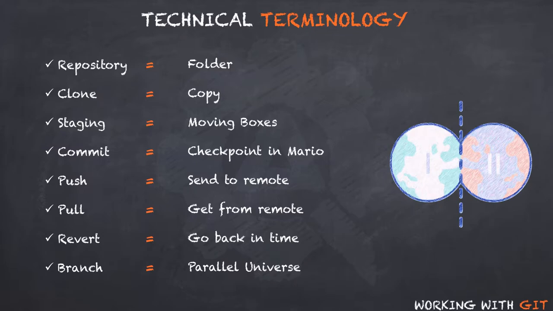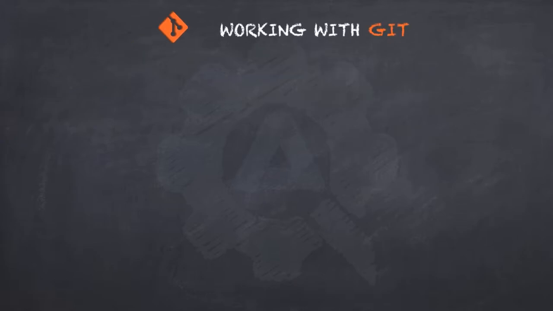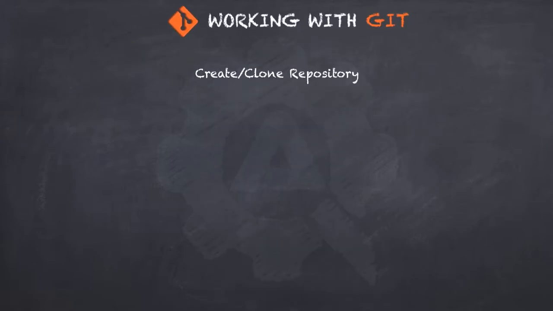Now that we know some terminologies we use in Git, let us know the basic flow we follow while working with Git. Initially, we create a Git repository, which means we'll instruct Git to track changes in a folder. Alternatively, if we already have a remote repository, we clone that remote repository onto our local machine. After that, we create a branch or pull a branch which we want to work on.